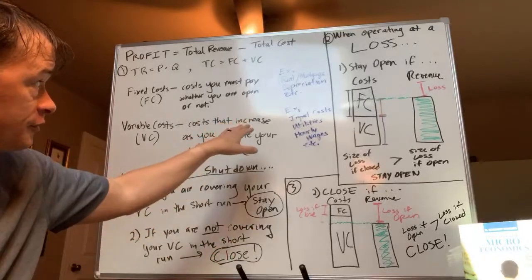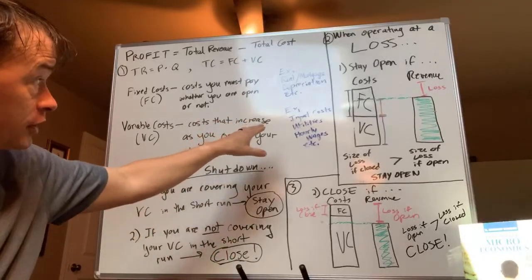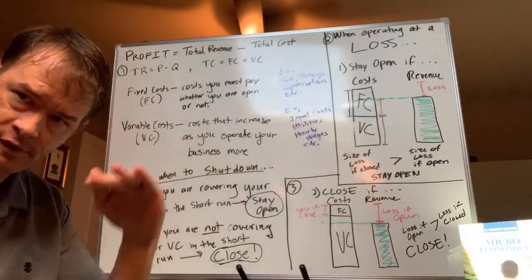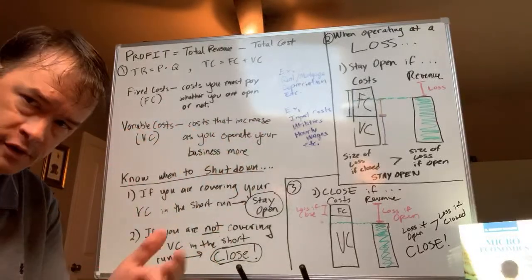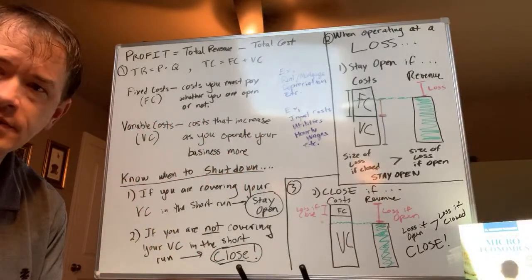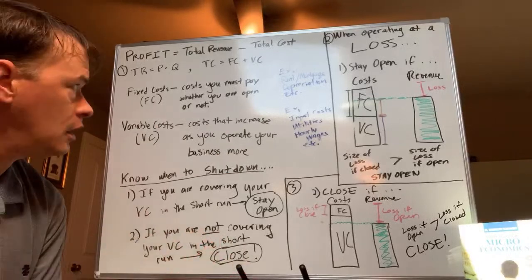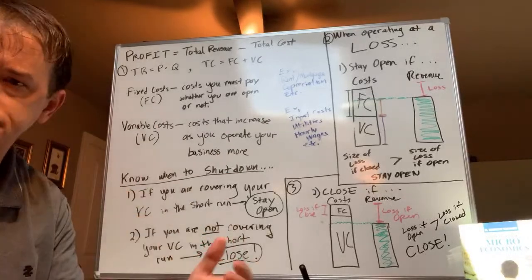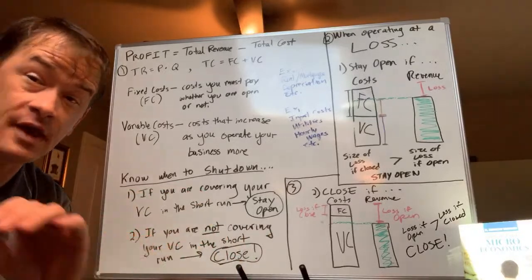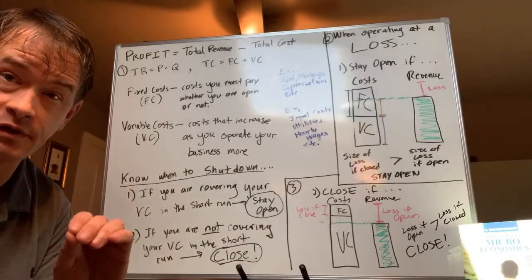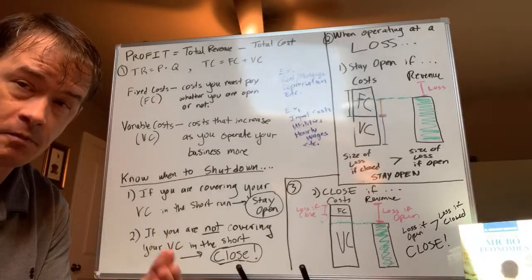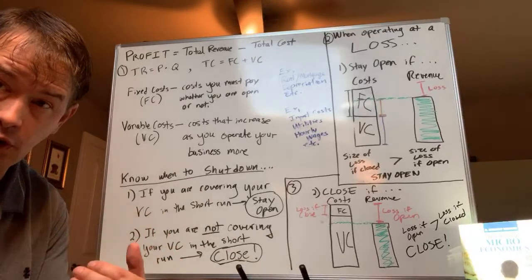So examples of variable costs would be input costs and your utilities. If you're not open, you don't have your lights on, the utility bills come down, you're not using as much water, etc. The input costs would be things like what it takes to serve your clientele. So every time a car comes in for an oil change, you got to put oil in. Hourly wage is a big variable cost, and that's one of the things now when we're looking at the economy during a shutdown. One of the variable costs that you can control is hourly wage.